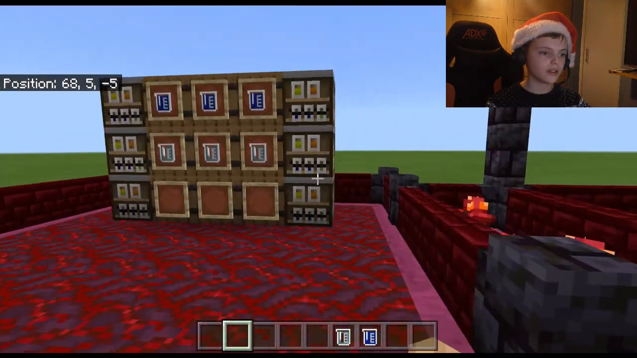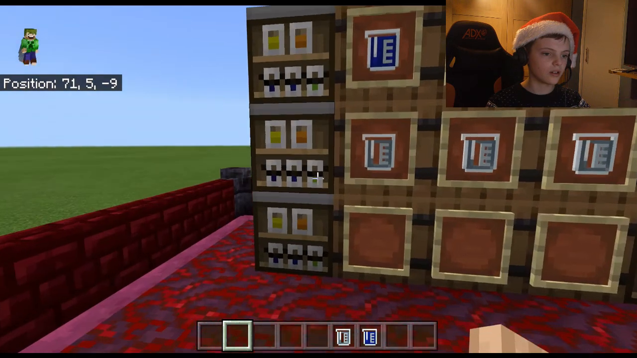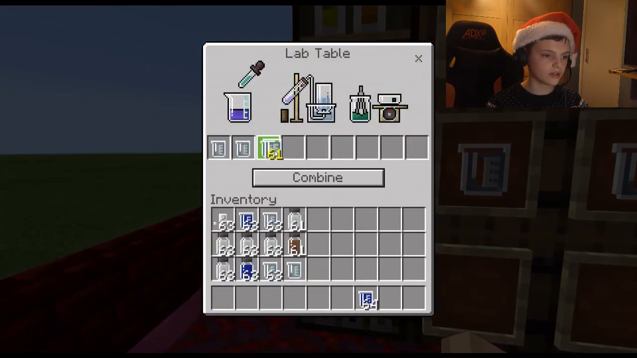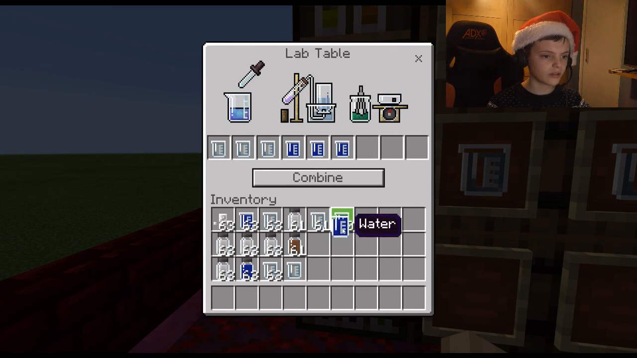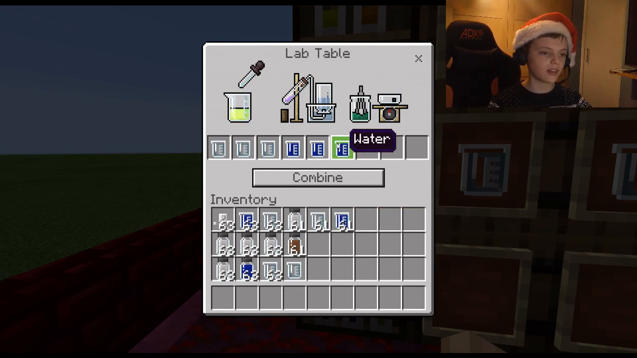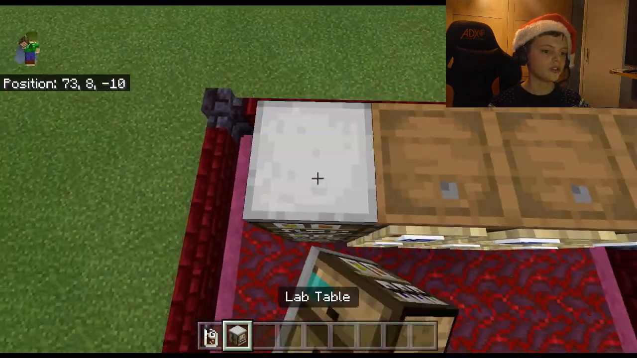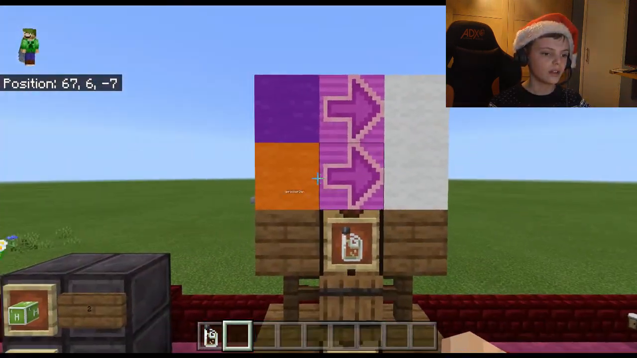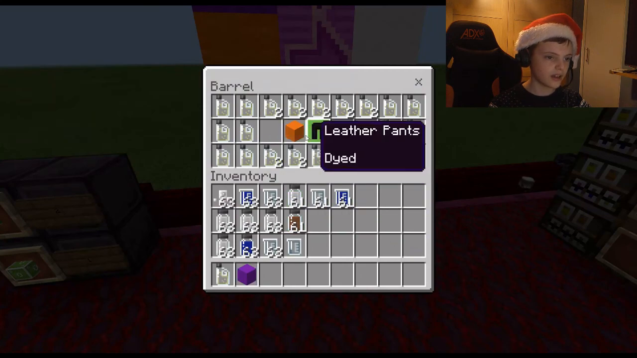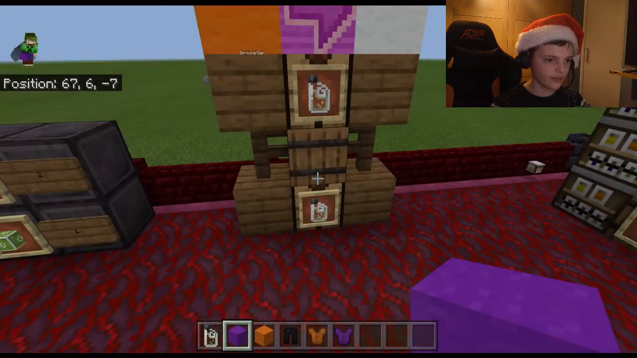So what you're going to use is like this. So go on a lab table, 3 sodium hypochlorite. Did I say that right? Hypochlorite, yes. And 3 water. Combine, and you get some bleach. So what this can do is undye wool. However, if I show you with this,